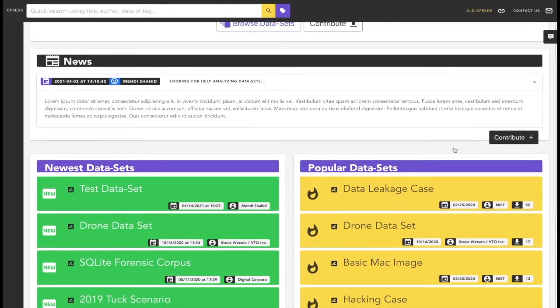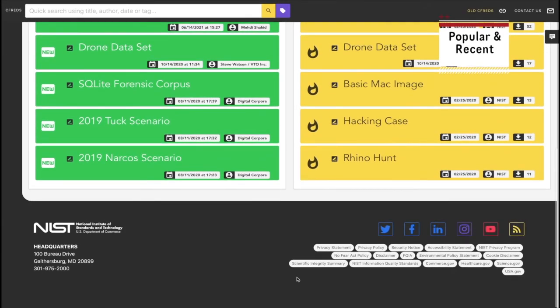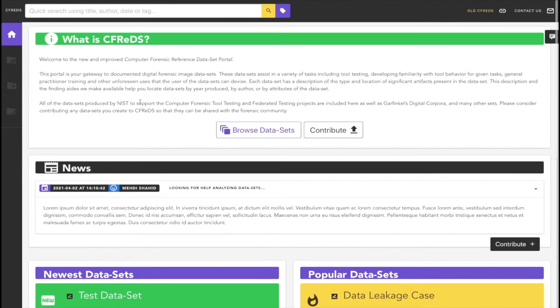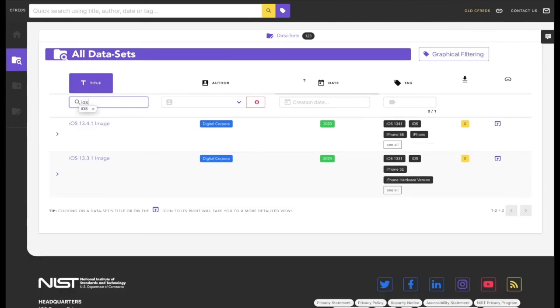One cool feature of the new homepage is that you get quick access to the newest datasets and also the most popular ones, ranked by number of downloads. The core of the application is however the browsing page, where you can find all the datasets that have been added. You can see there's a lot of them right now, but no need to worry, the browsing page has